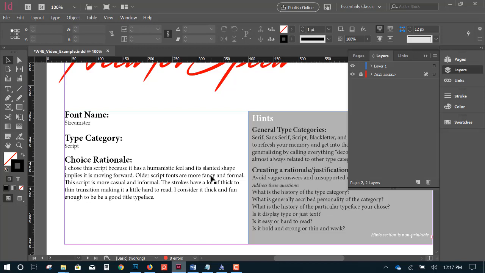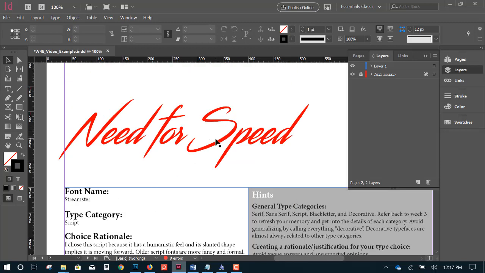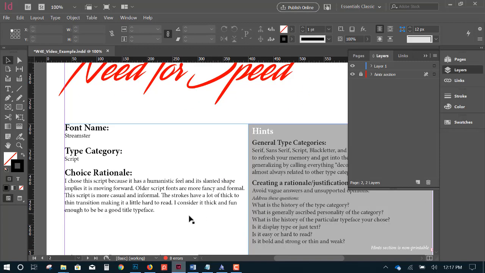This script is more casual and informal. It looks like it's written by a human being who doesn't have perfect handwriting. The strokes have a lot of thick to thin transition. Notice that right there. It gets really thick right there and really thin right there, making it a little hard to read. I consider it thick and fun enough to be a good title typeface,